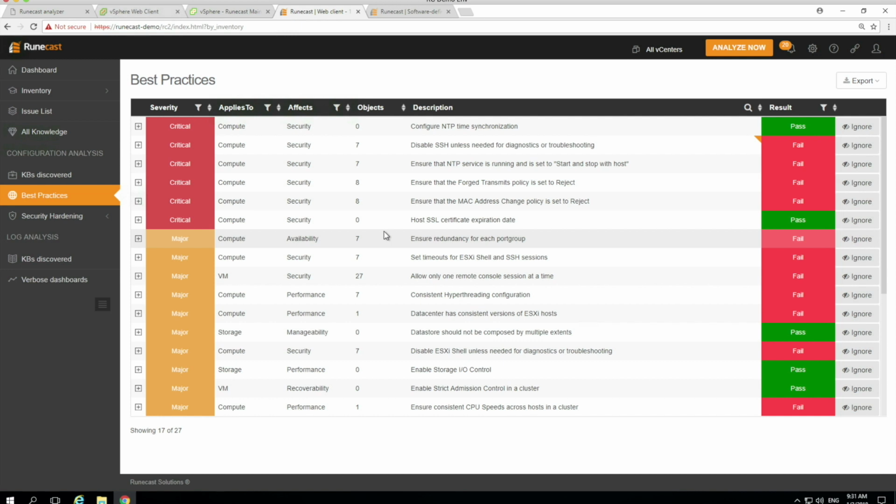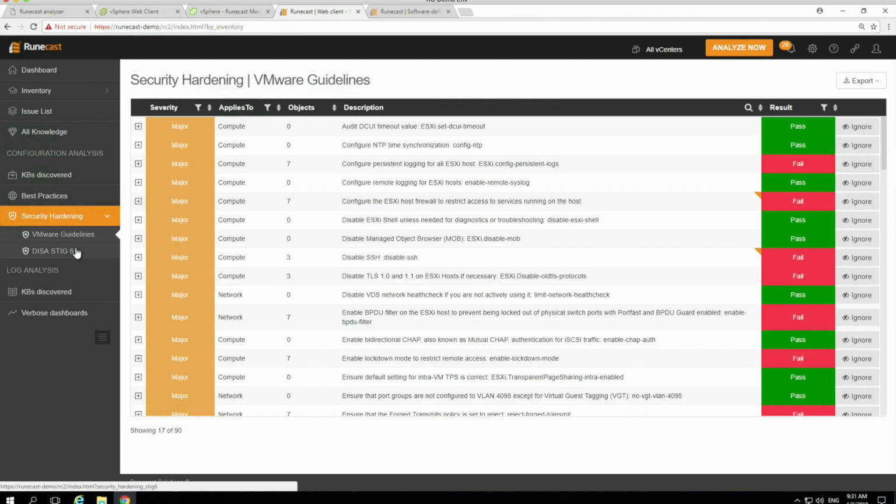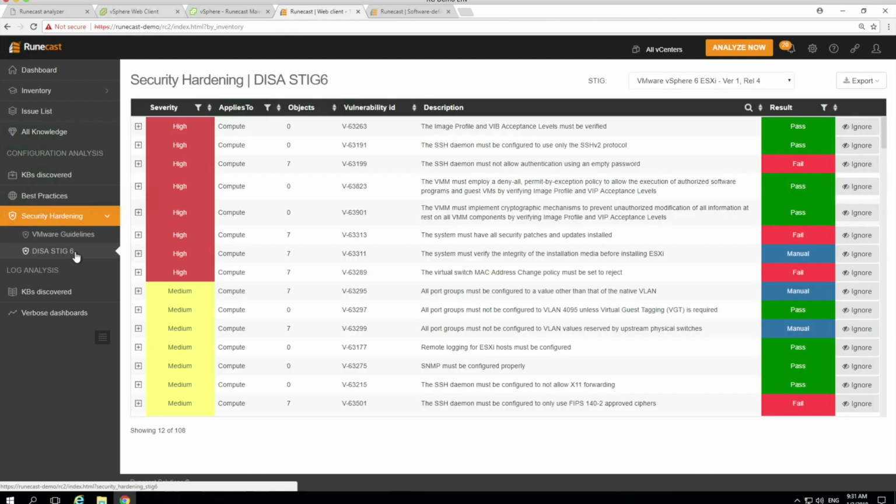We've also got that for security hardening in terms of VMware guidelines, and we've also got a profile there for DISA STIG 6, which is a really military-grade way in which you can secure your data center, and you can choose to select that on or off. We're also introducing PCI DSS and HIPAA shortly, so we're looking to extend those profiles so you can selectively apply them for your environment and get reports based on those.